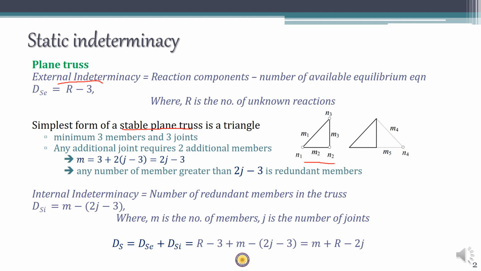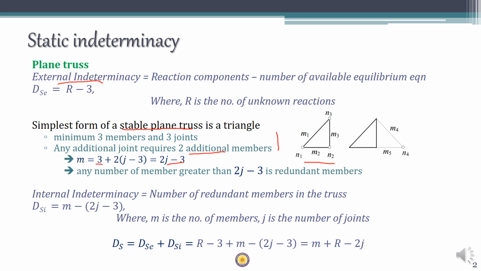Now if you want to extend this truss by adding a new joint, say n4, we require two additional members. Using these two pieces of information, you can calculate that for any perfect truss, the number of members m is equal to 3, which is the minimum for a triangle, plus for every joint exceeding 3, j minus 3, we require 2 additional members, so (j minus 3) into 2. If you calculate this, m is equal to 2j minus 3 is the equation for the number of members in